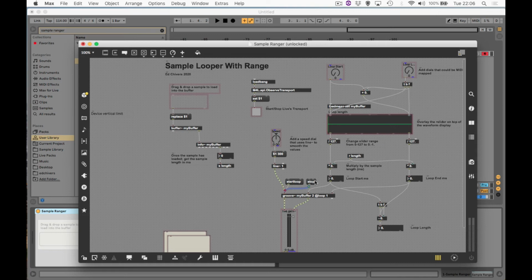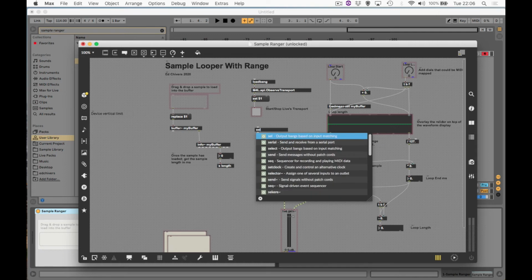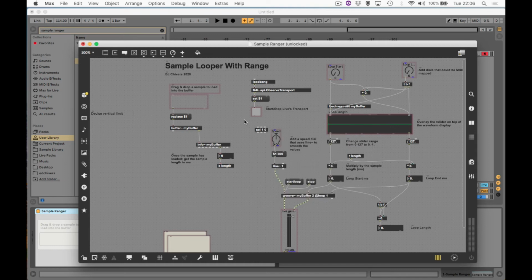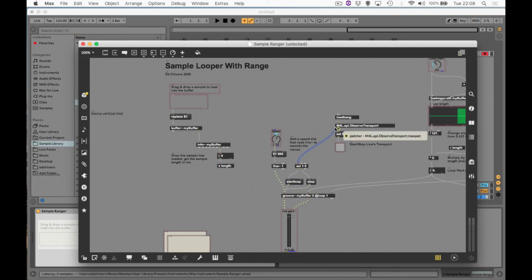I want it to, whenever this lights up, or whenever it sends a 1, start the loop. And whenever this is dark, I want it to stop the loop. We can use a little object. There's a variety of ways we could do this, but I'm going to show you this object. It's called select, or sel for short. And I'm going to look for a 1 and a 0 directly out of here. So if we just come directly out of that,